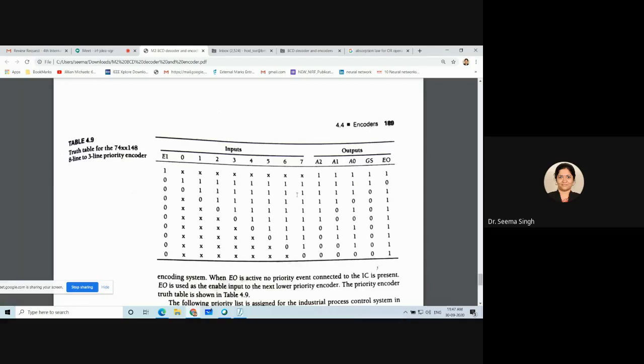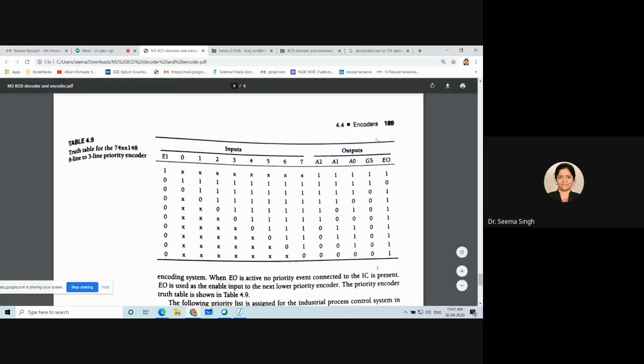So this is again your active low input, as you can see in the truth table. Same way, if it is selecting 6, it is 0, 0, 1. So that means the output is also active low. Now, enable input is something which you all know, and you can see it in this truth table also.